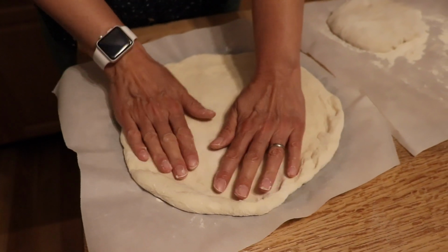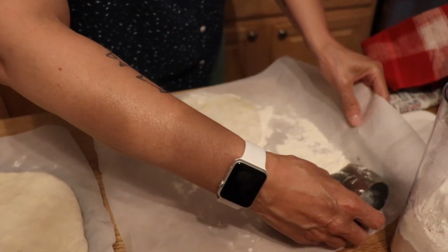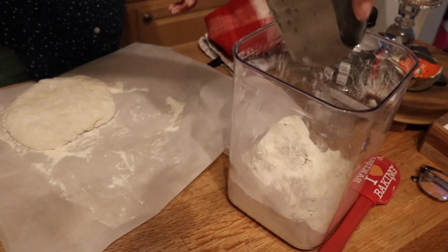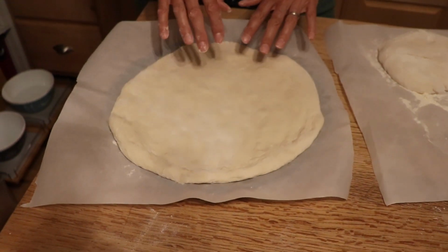So I'm going to do that with the other one as well. And here's another way that the bench scraper comes in handy too. There's way too much flour on here, so you can just right back in there. So let's check back in. I'm gonna shape these. I'm gonna let them sit for 15 to 30 minutes while I heat up my pizza